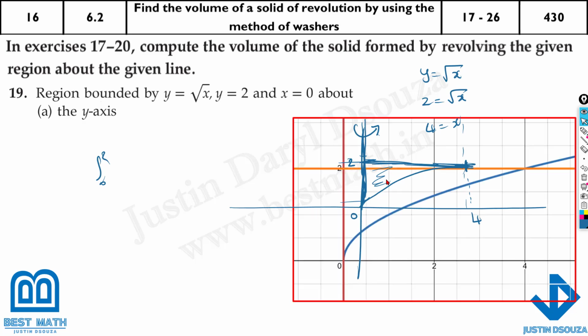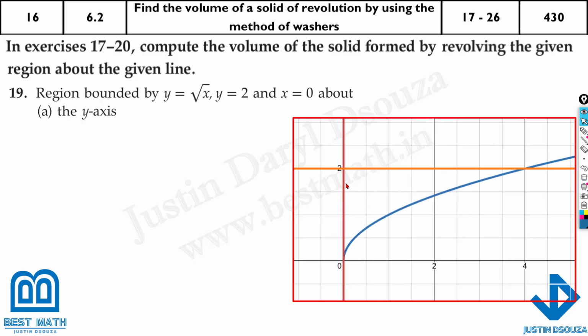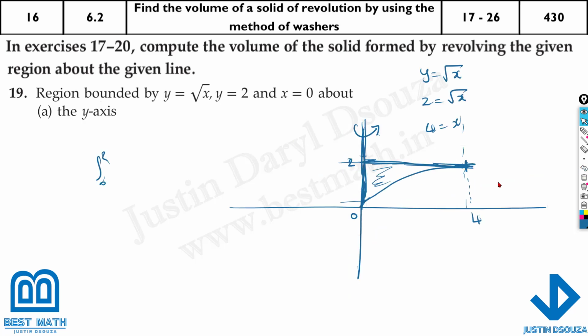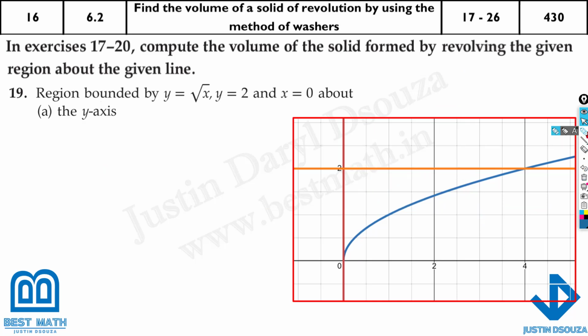Anyways, let's see the graph, which is more accurate over here. See, this is the thing. It touches at 4. I hope this is clear. It's the same thing that we have done, but it's more accurate and to scale. Now we are rotating along this axis. Now what do we do? Here volume is equal to,